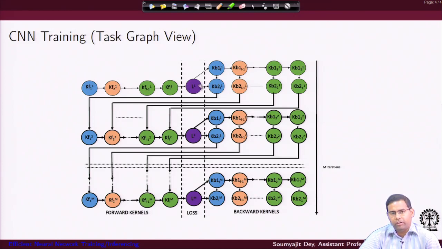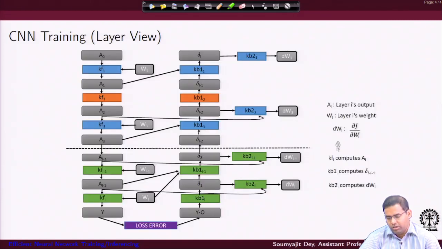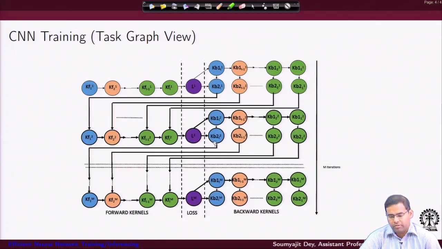It is the same kernel, just operating on the second iteration, and this loop again leads us to the sequence of kernel pipelines for computing the delta values and also the DW values, which I get just by using the deltas and the weight matrices, and then this continues. All the outputs of this set of kernels in the second iteration will again be passed to the forward pass kernels for their third iteration, and that is just like an unrolled view of the overall dependency graph.